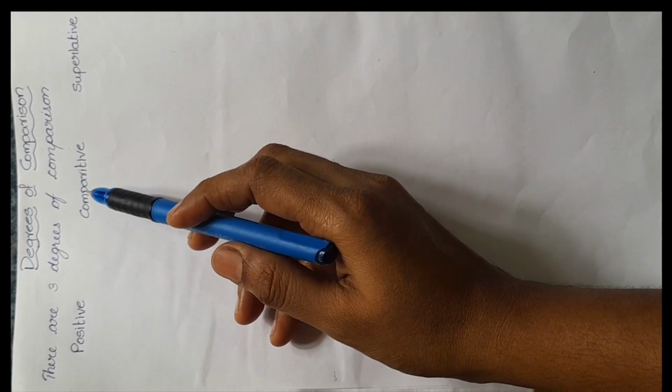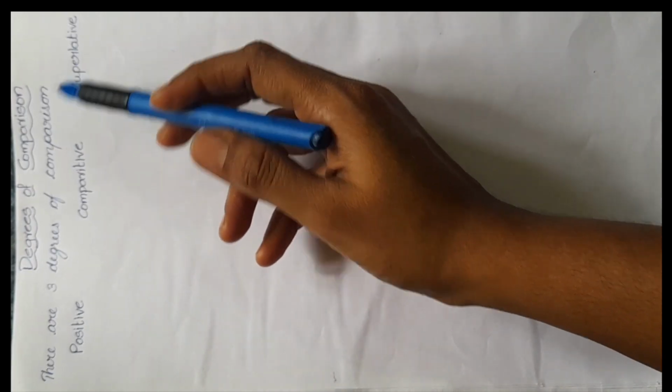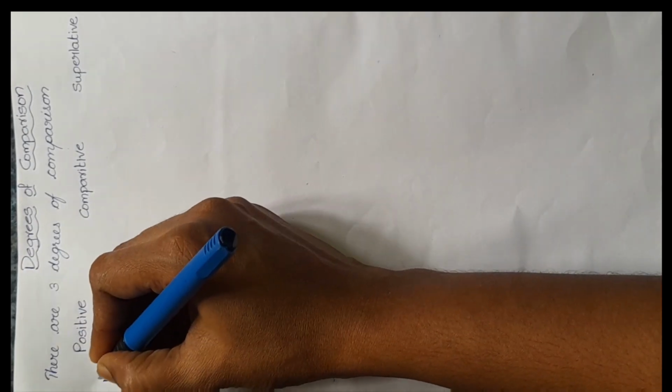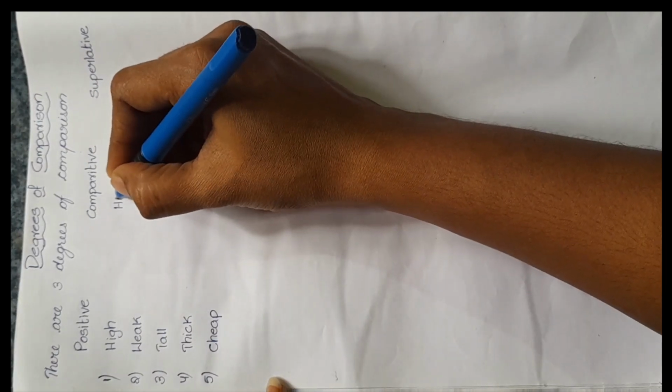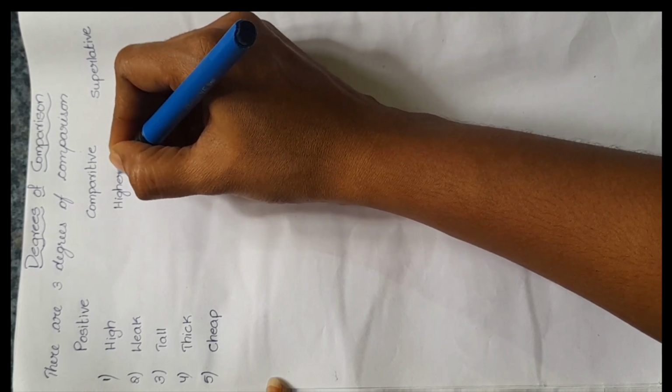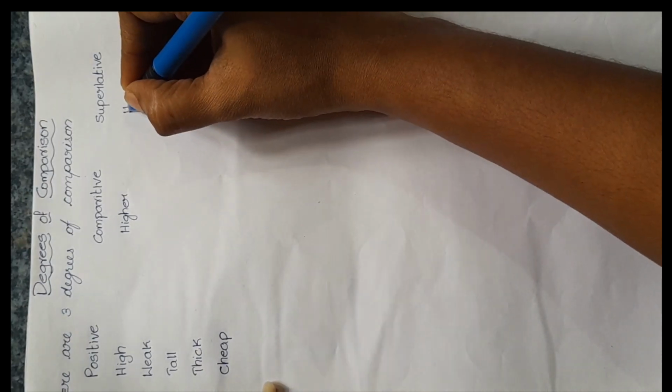Today our topic is degrees of comparison. There are 3 degrees of comparison. They are: first one is positive degree, comparative degree, and third one is superlative degree. Examples: in the positive degree, high. In comparative degree, it is higher, and in the superlative degree, it is